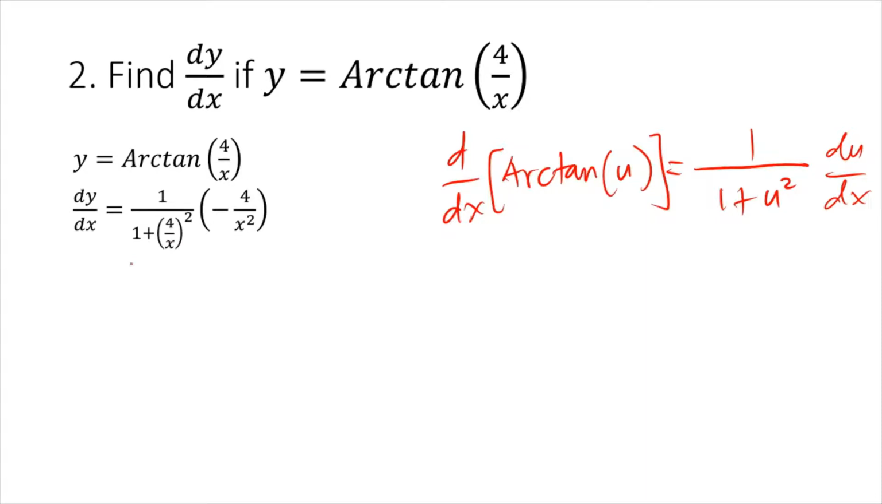So this portion of the derivative represents this part of the general formula, right? So 1 over 1 plus u squared. In this case, u is 4 over x. And then next, this portion of the derivative is the result of taking the derivative of u with respect to x. So again, u is 4 over x. So if we differentiate 4 over x with respect to x,